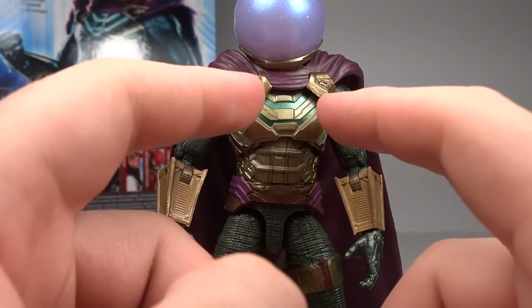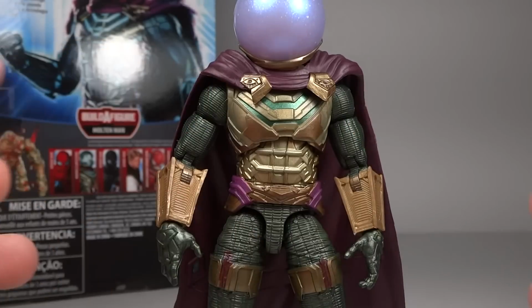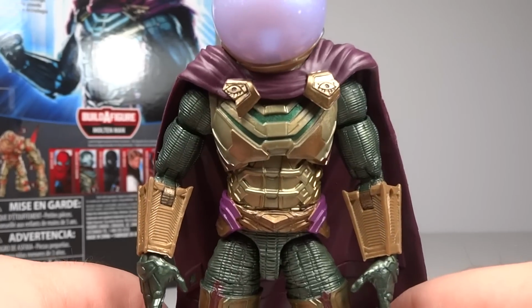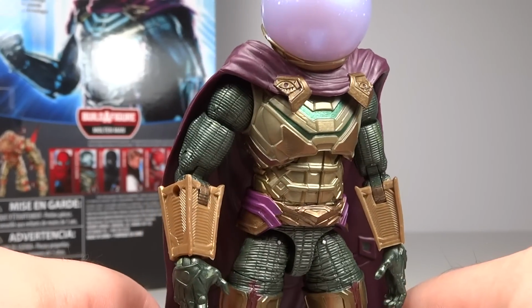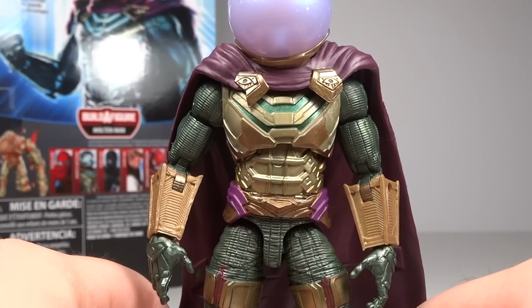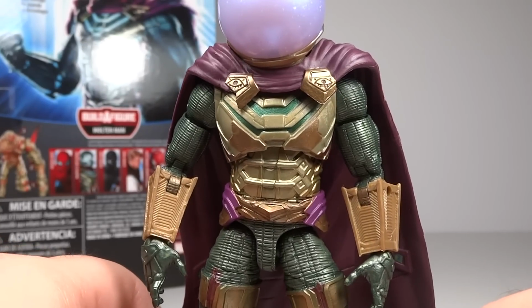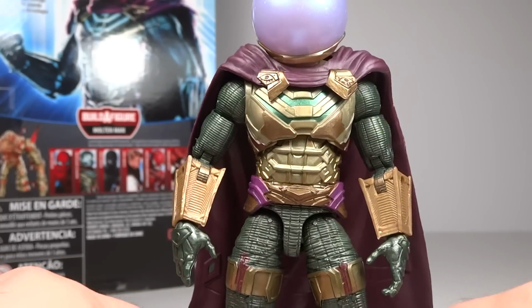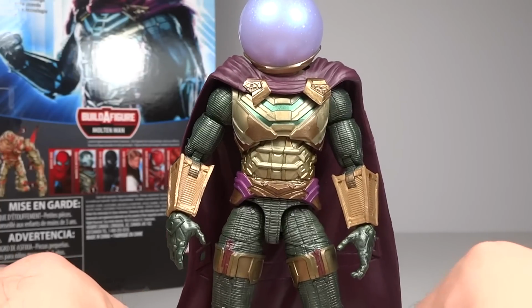And then as far as the little clasp for the cape, they're very much his iconic kind of eye clasps. They look really weird. They're totally not cut evenly. They're very unsymmetrical, and they look like they've just been hacked off. But I believe I did see a post saying that this was an accurate look, to be honest. But I don't know. It's a very odd design. I almost wish they went a little more inaccurate just to make it